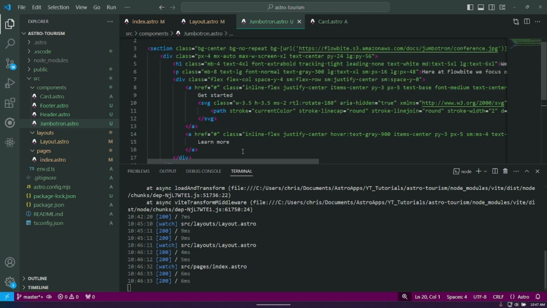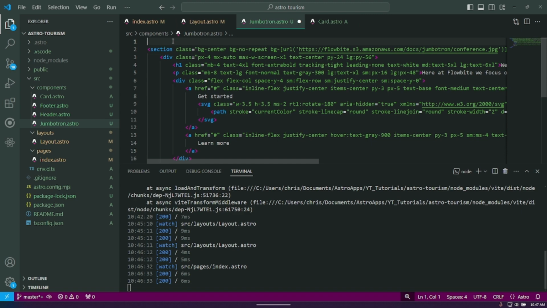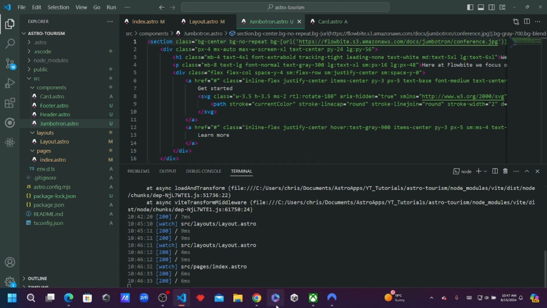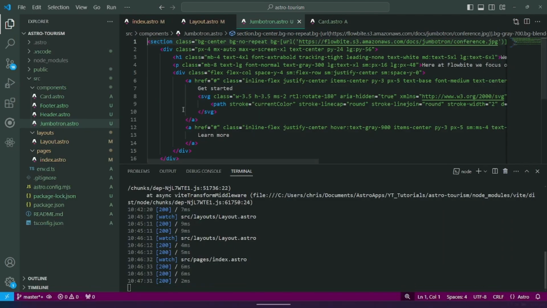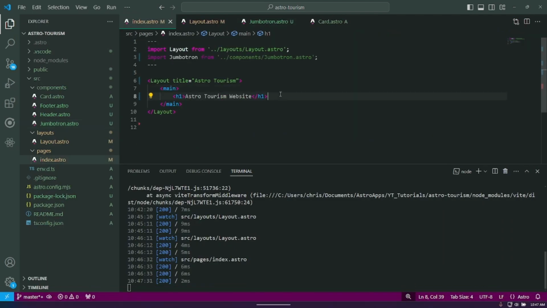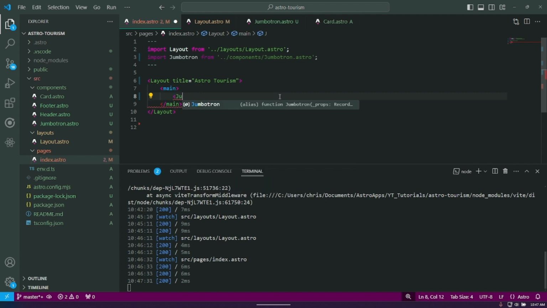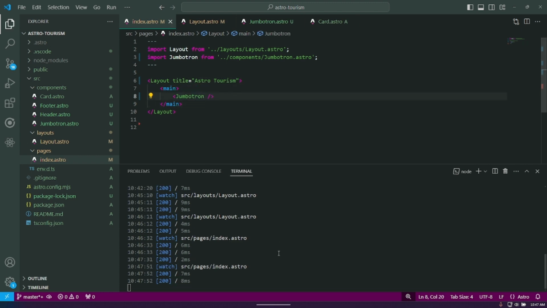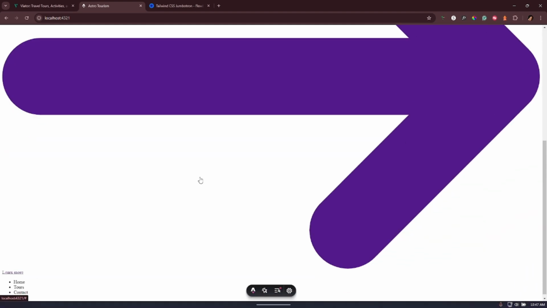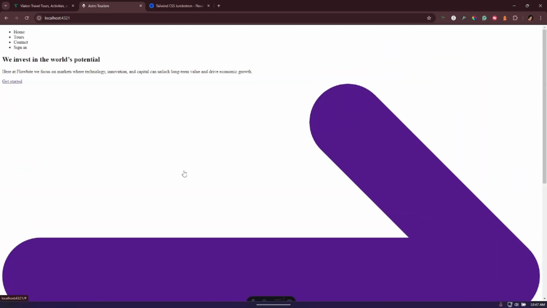Now, this is not going to work with the styling because we haven't actually installed Flowbyte, but I'll show you what it looks like. We refresh. Oh, sorry, I didn't put it into the index file, so in the index file, I'm going to get rid of this for now, and we're going to put Jumbotron. So as you can see, it's got everything in it, but it's not styled very well. So what we will do,